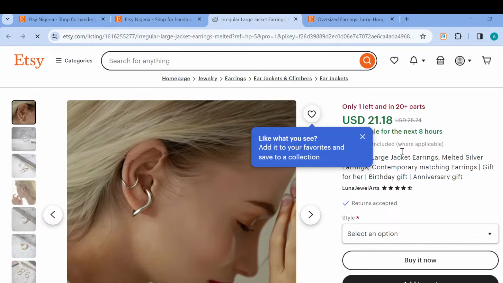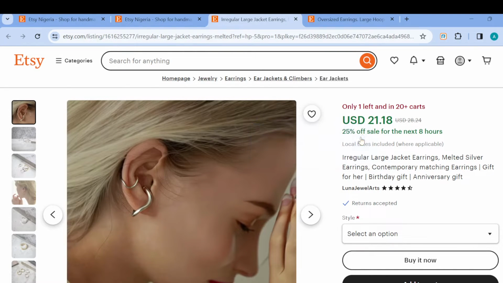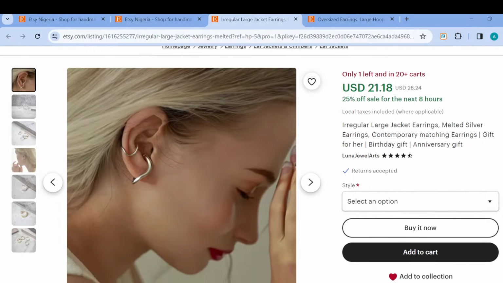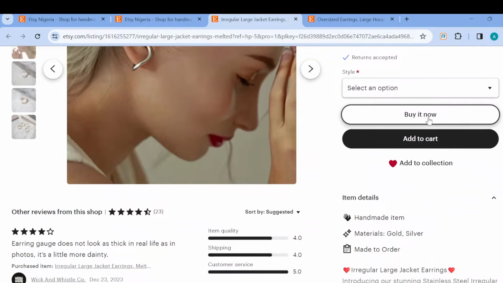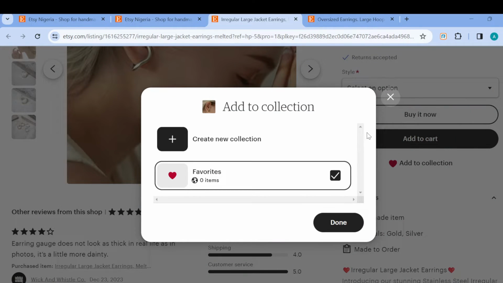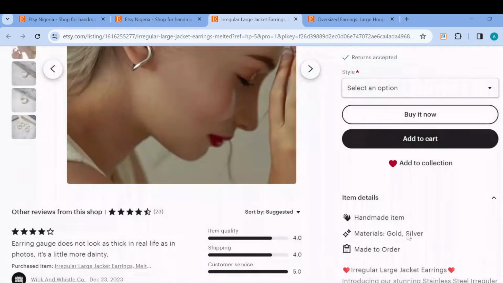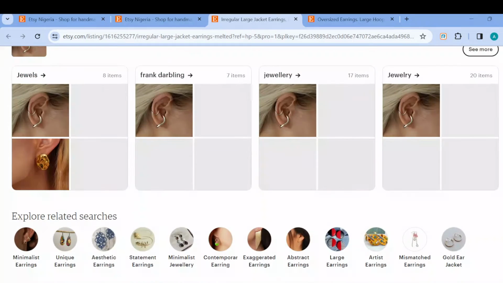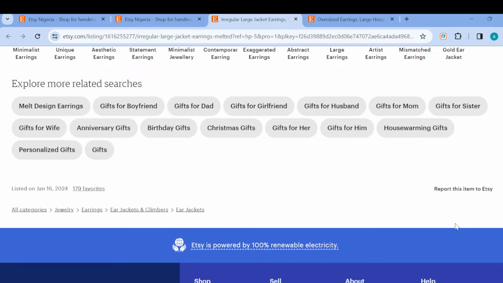details about the item. So you can see the option, only one is available, the amount to be paid, returns accepted. So you can just scroll down, you can see buy it now, you can see add to cart, you can see add to collection. So you can decide to add this to collection if you want to, and then you can now scroll down. The next step is to scroll down until you see the option report this item to